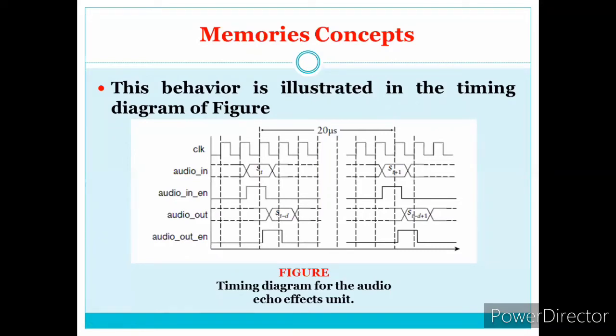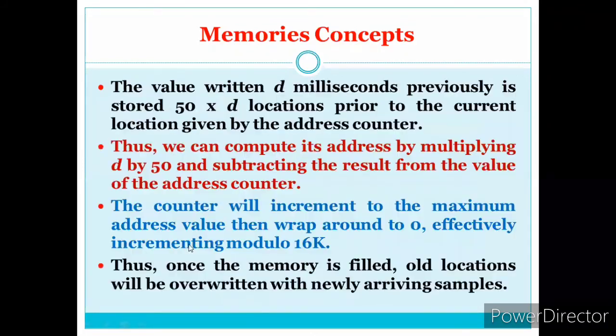There's a data out, what we have. Okay. So in this way, we can receive the signal or send the signal depending upon the enable signal present at the input or the output. Clear? So the value written d milliseconds previously is around 50 milliseconds per location there, because prior to the current location given by the address system, as we know that it is having a delay of 50 milliseconds. Thus we compute the address by multiplying d by 50 and subtracting the result from the value of the address